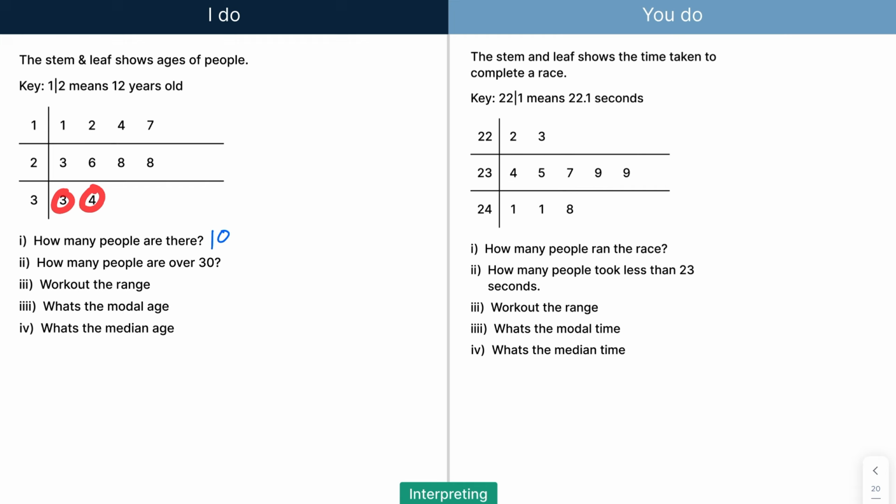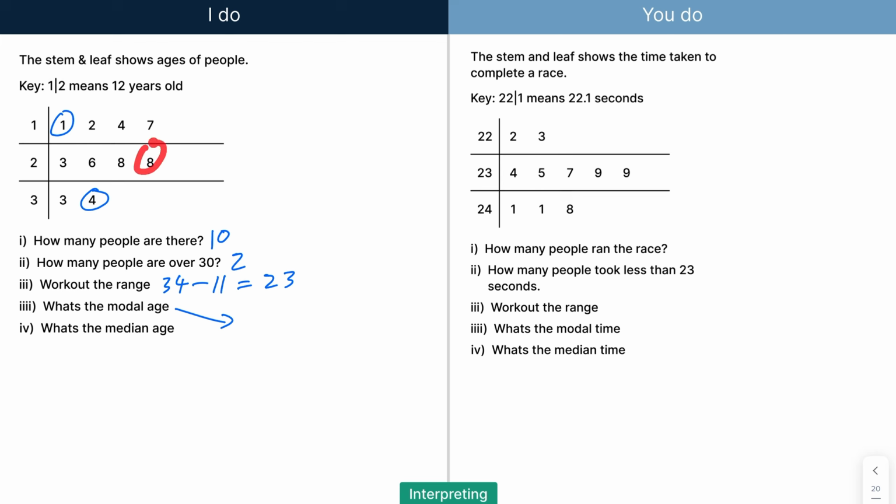How many people are over 30? So if I look for 30, 3 starts here. So there's 2 people over 30. That's 33 and 34. Work out the range. So the range is the smallest, take away the biggest. So the biggest number here is 34. And the smallest number here is 11. So if I do 34, take away 11, I get